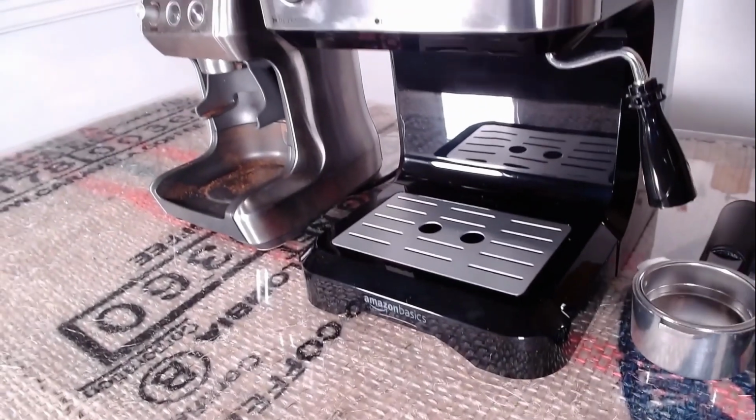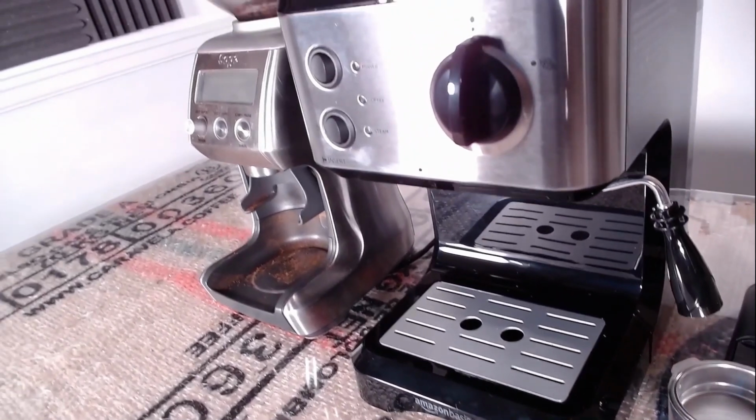I'm going to be reviewing the Amazon Basics espresso machine. I'm doing this because a fellow coffee botherer told me they'd got one of these and asked me if I thought it was capable of making drinkable espresso or had they wasted their money. So I thought I'd buy one, review it and also see if I can create a bit of a guide for anyone who's already got one of these on using it to pull better shots and to create better textured